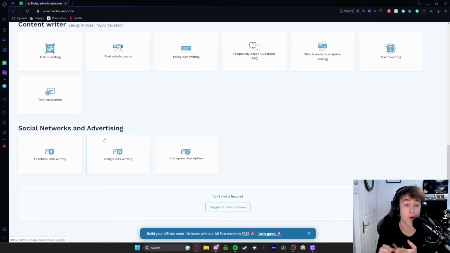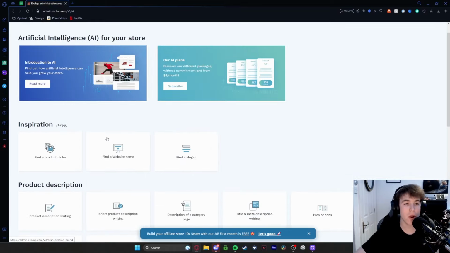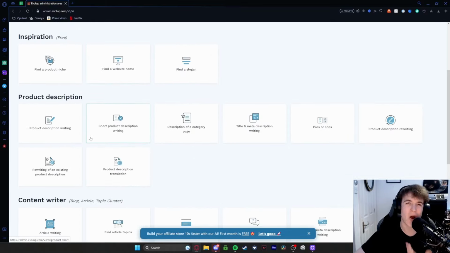And then finally, we have the three more social media page-esque AI uses. So Facebook, Google, and Instagram. You can write a caption or a description for Instagram, you can write an advert for Google, or write an advert for Facebook. We're going to go ahead and try one or two of these just to get an idea of how the